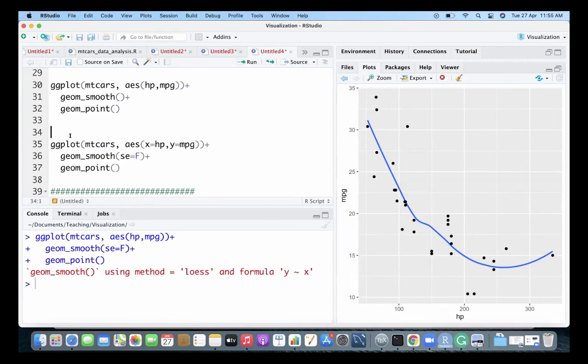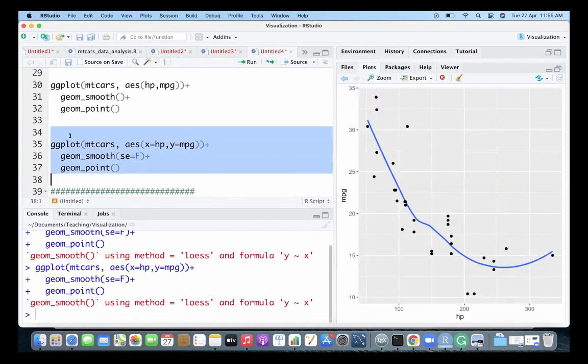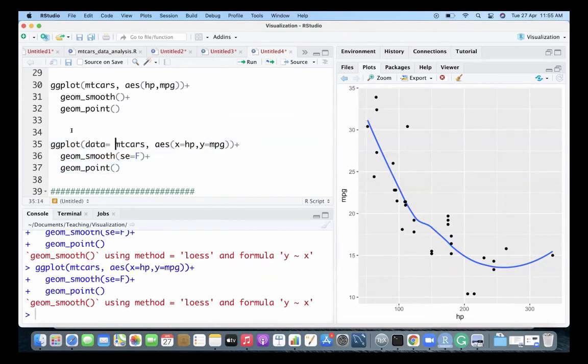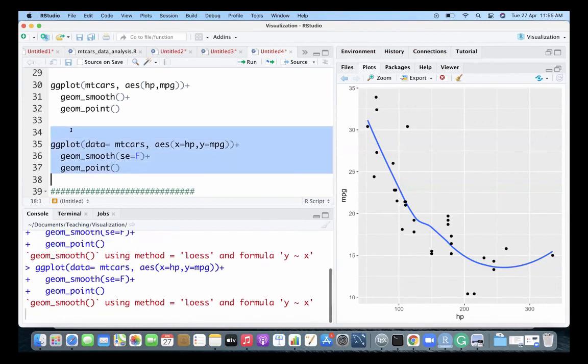I think so. And this is the data, and I'll share this code with you guys. So the formula is y as a function of x, meaning MPG as a function of HP. They use the method loess. I think there are some other methods also.